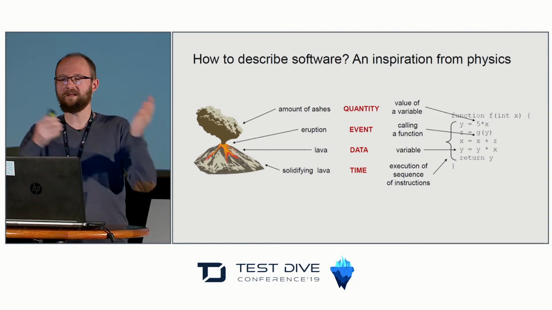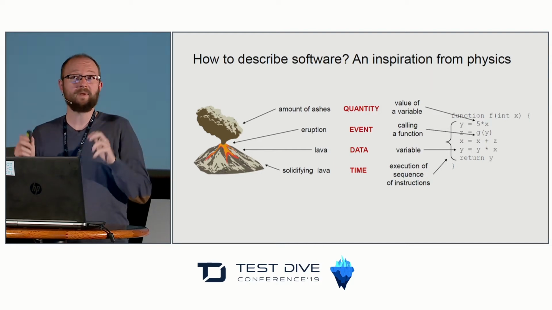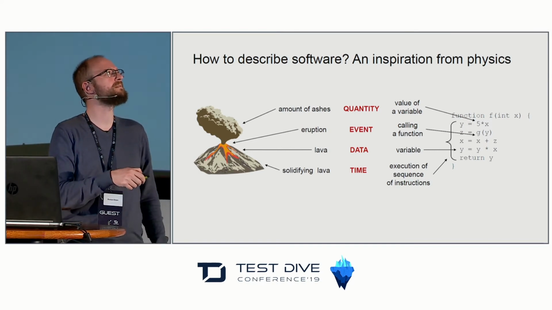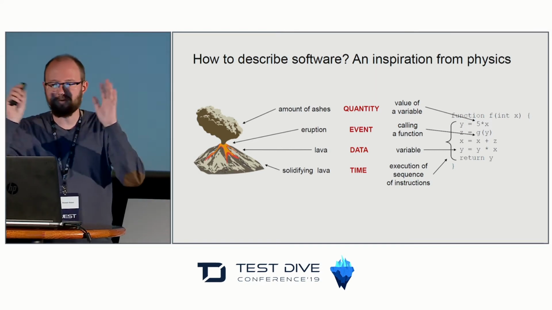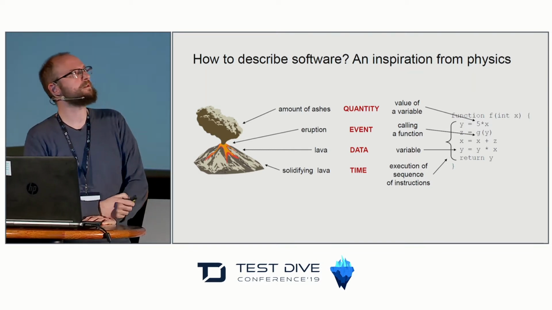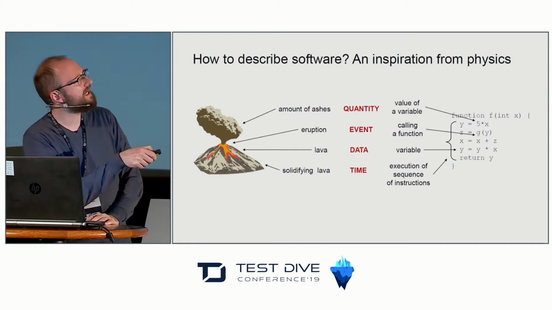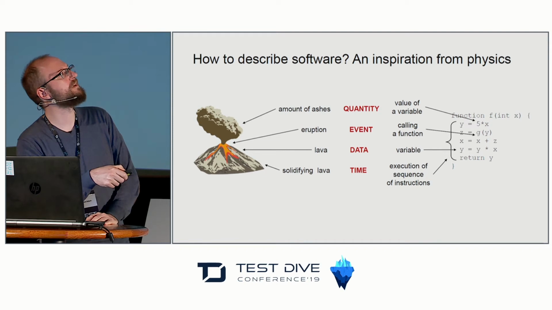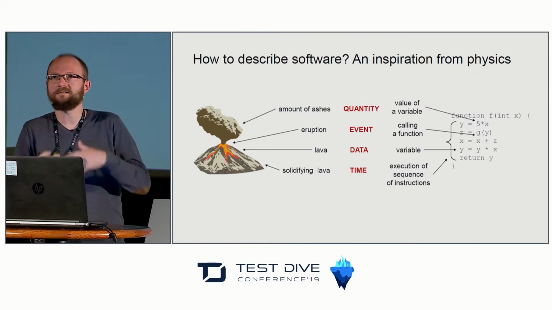We can apply them directly as the dimensions of software. So when we consider, for example, a source code, it can be black box testing of any application, or it can be source code, anything. We can also say that, for example, we have some values. So these are quantities. We have some events: invoking some function, adding something, substituting something, invoking this function, returning something. These are all events. These are things that happen.